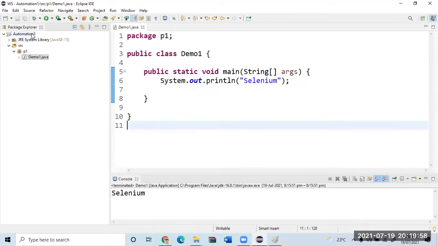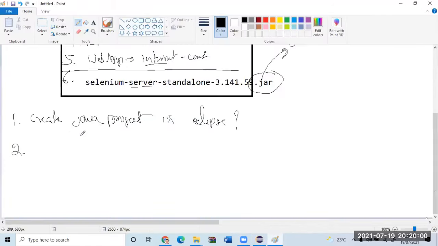Now, next step. The first step is we created a Java project and ran a demo code. When I say demo code, I'm talking about Java code. Why am I doing it?